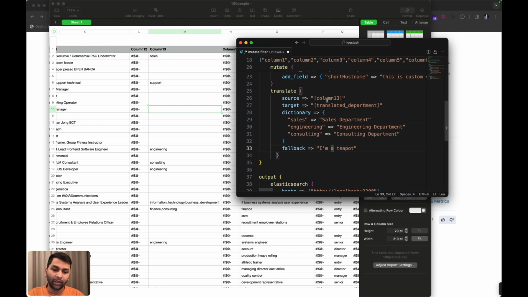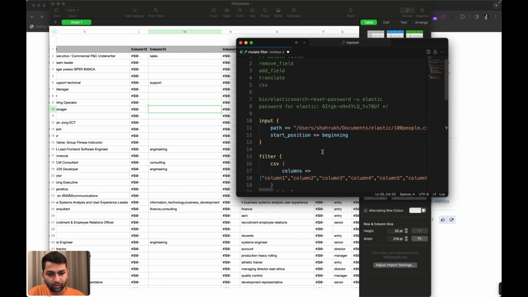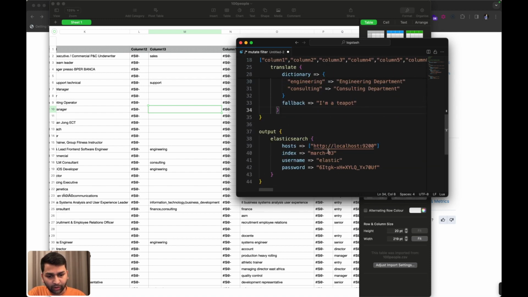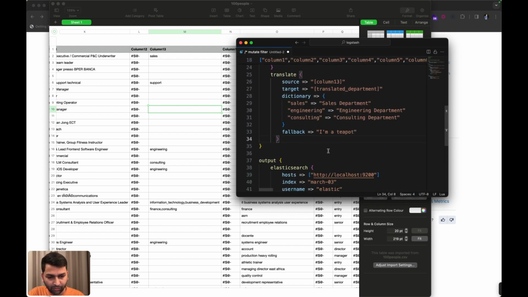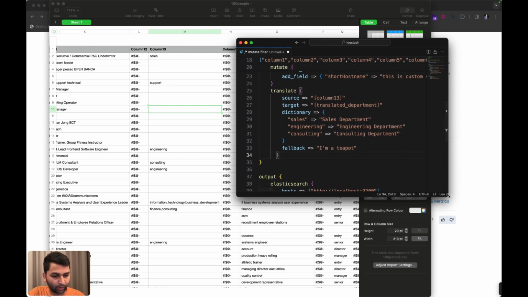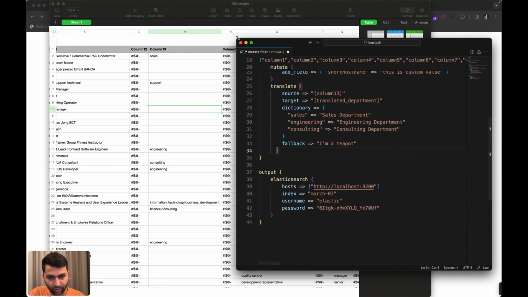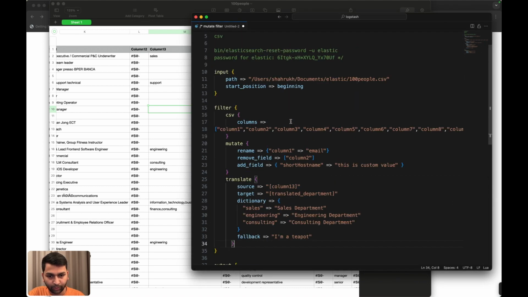In case column 13 is something which is not sales, engineering, or consulting, we can set a default value to the translated department column. So I think this is sufficient information for Logstash to transfer our data from CSV